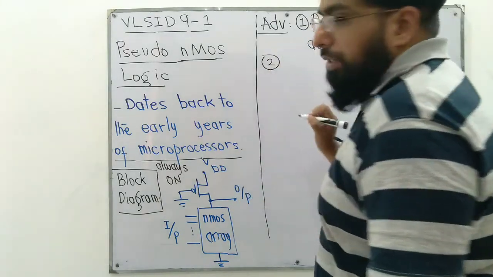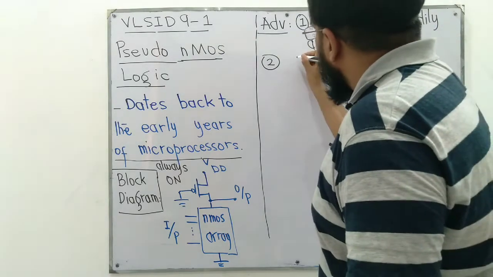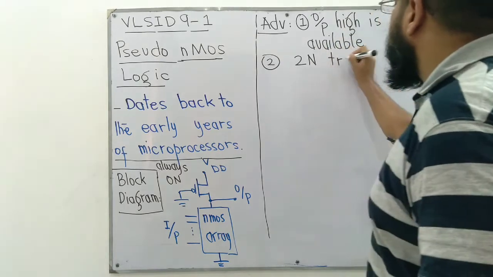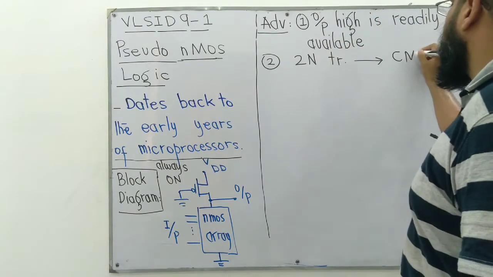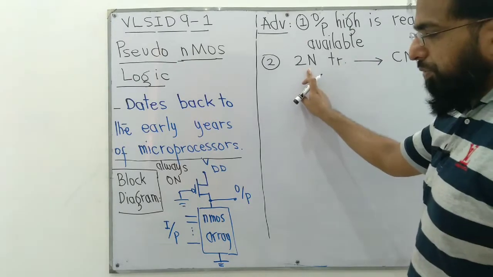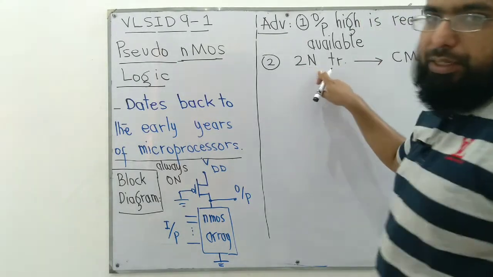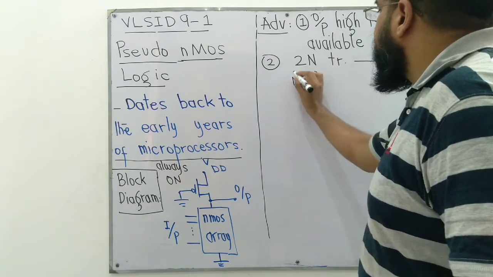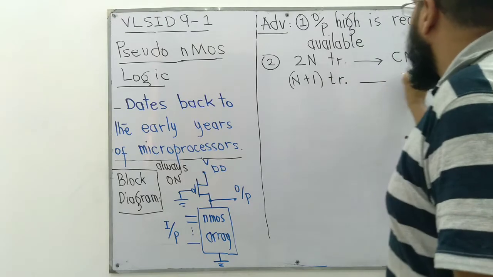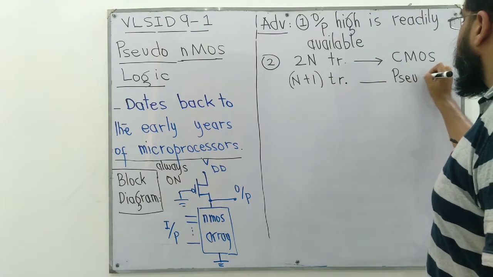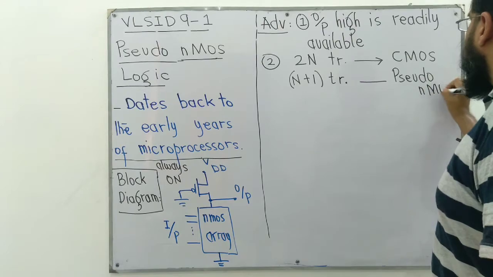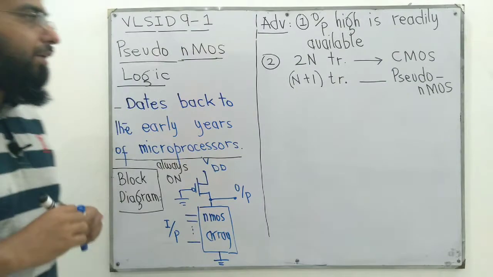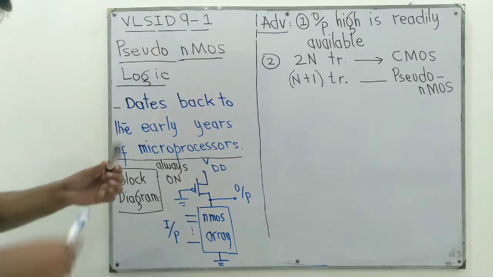Number two, a second advantage is that instead of 2n transistors that we have in case of CMOS, where n is the number of inputs, we need 2n transistors to implement a CMOS gate. In the pseudo-nMOS case, we only require n plus 1 transistors. So there is a saving in the number of transistors, but this saving